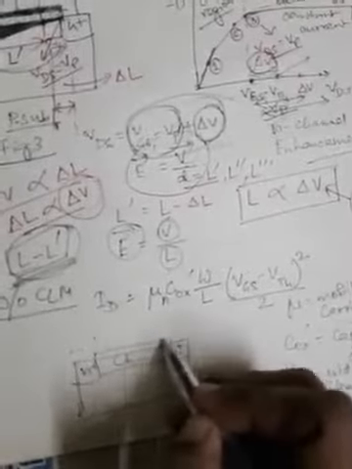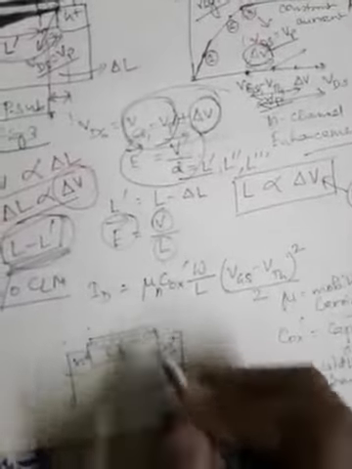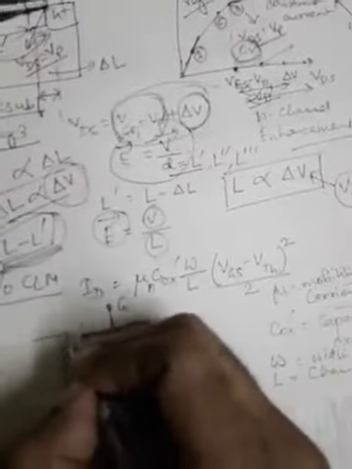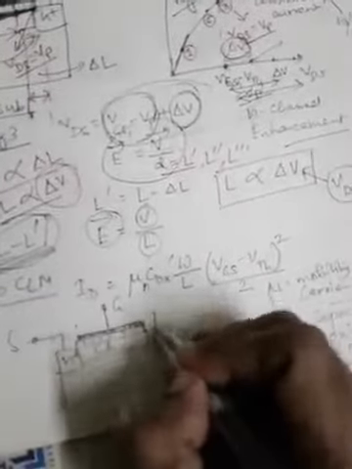This is n plus source and drain. Between them this is the channel. This is the oxide layer, silicon dioxide, and above it the gate terminal is shown. This is source, this is drain. So here